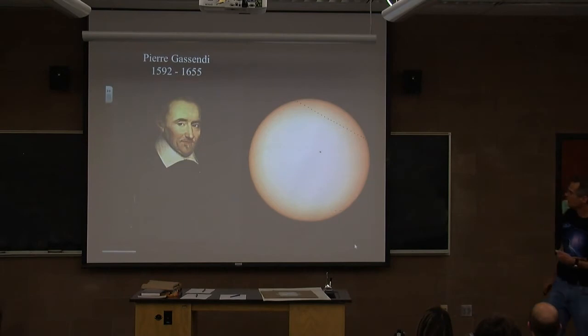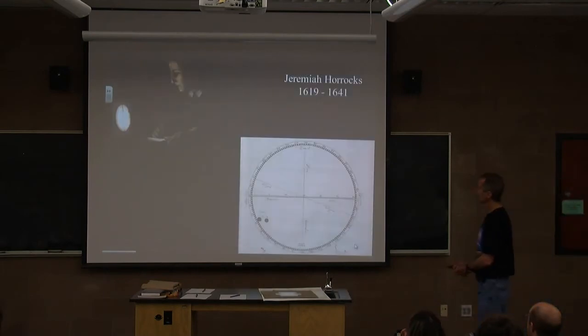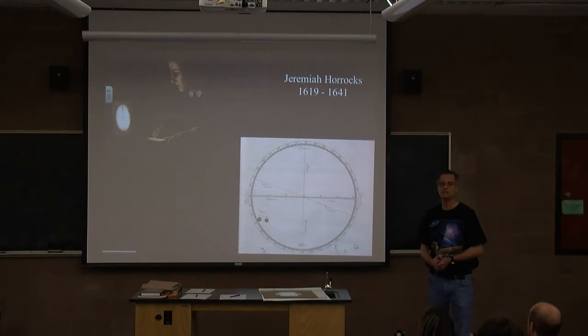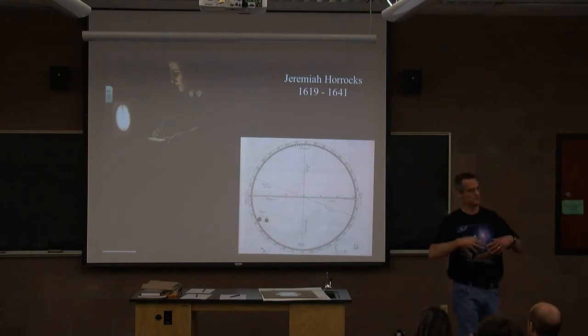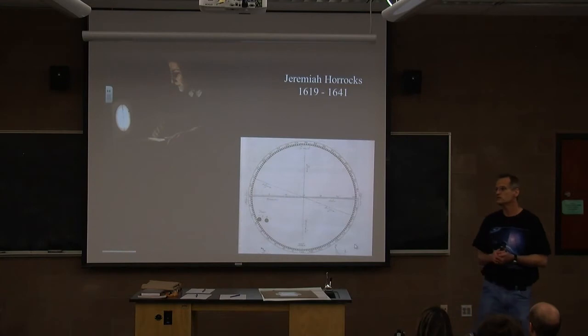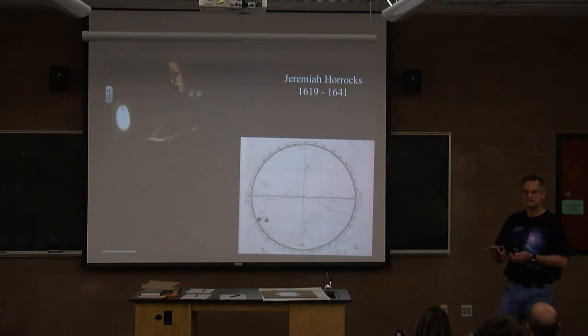And then this young man, Jeremiah Horrocks, was very interested in astronomy, and he got hold of Kepler's data and his model, and he started looking through the calculations, realized that Kepler didn't make a mistake, he just didn't have very good data on the positions of Venus. So his Venus transit prediction was off by a little bit. Horrocks was able to get some better data on Venus's positions. And so he reanalyzed that data and realized, like a month before it happened, that Venus would transit the sun in 1639. That's where I got the 1639 number. About a month before it happened, he realized it.